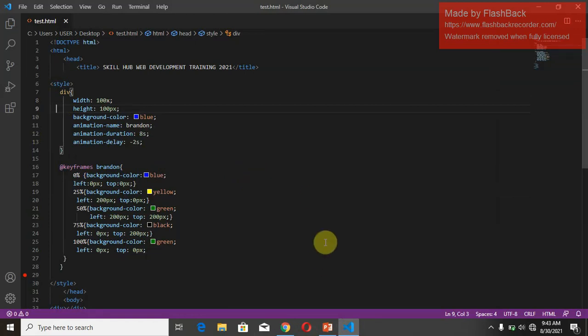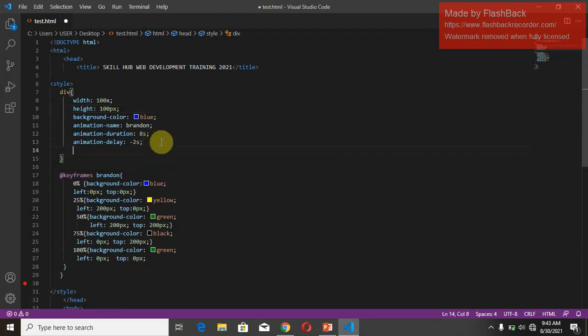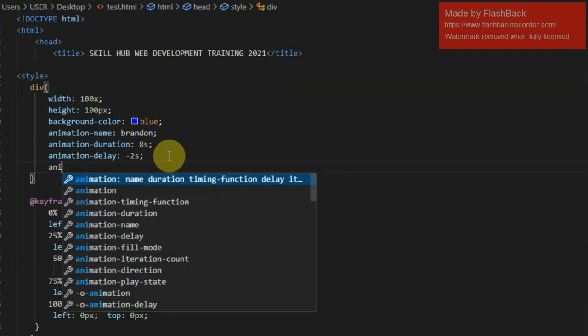Okay, so that is it about animation. Please play around with animation. There's something else we can add called animation iteration count. So let's talk about animation iteration count. What animation iteration count will do is